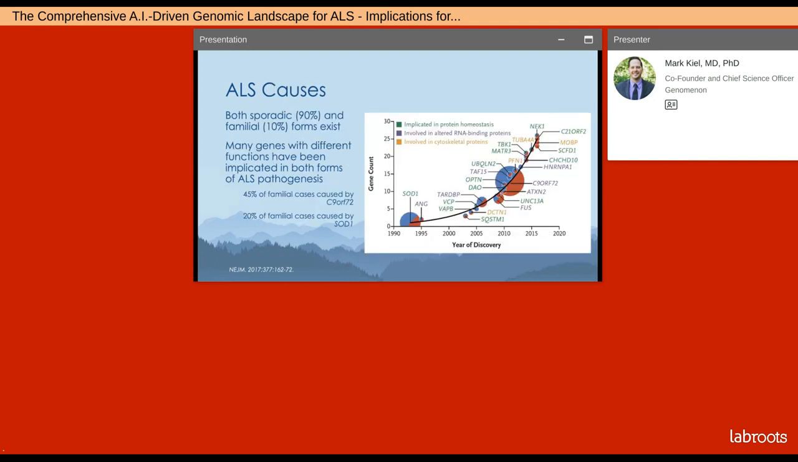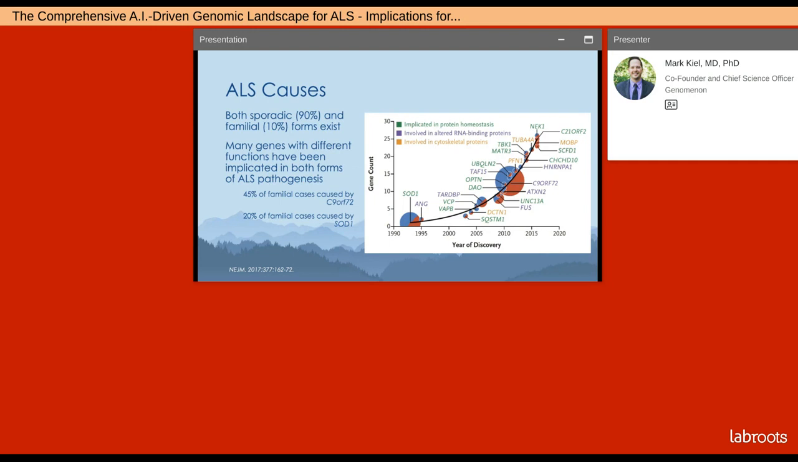In terms of the causes of ALS, there are 2 forms: sporadic, which comprises 90% of cases and is often attended by presumed environmental factors, and a less frequent but real familial form that comprises 10% of cases. And there have been many genes that have been implicated, each with their own unique functions, in both forms of ALS. And this was highlighted in a recent New England Journal of Medicine review that I'm showcasing here, where you